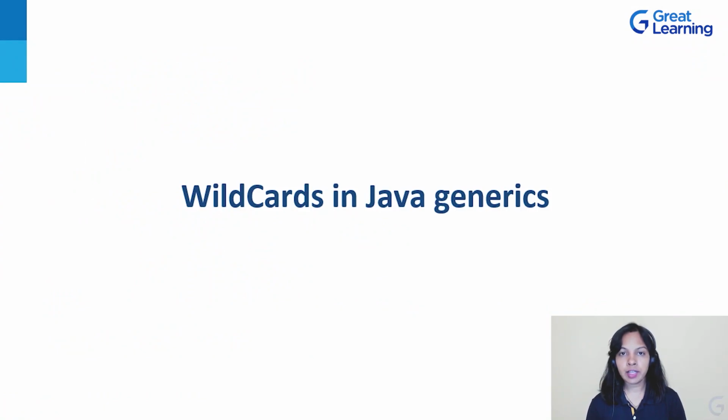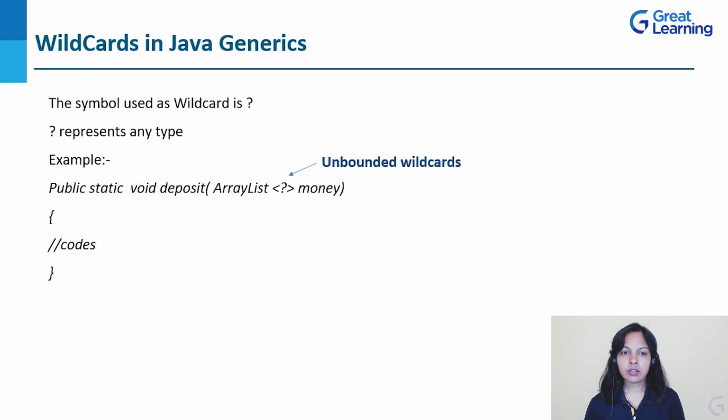Let's now talk about wildcards in generics. In Java generics, what is the use of wildcards and what are they? The symbol used for representing a wildcard in Java generics is the question mark. As the name itself says, question mark means it's not defined. Nothing is known here. The same logic applies when we use the question mark symbol as a representation of wildcards in Java generics. That is, when the type of the parameter can be anything,